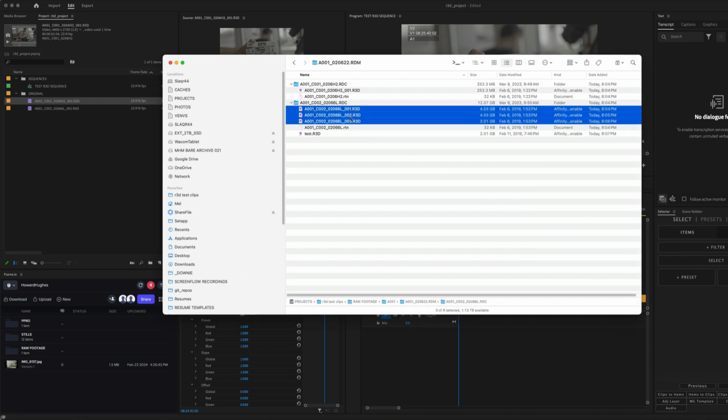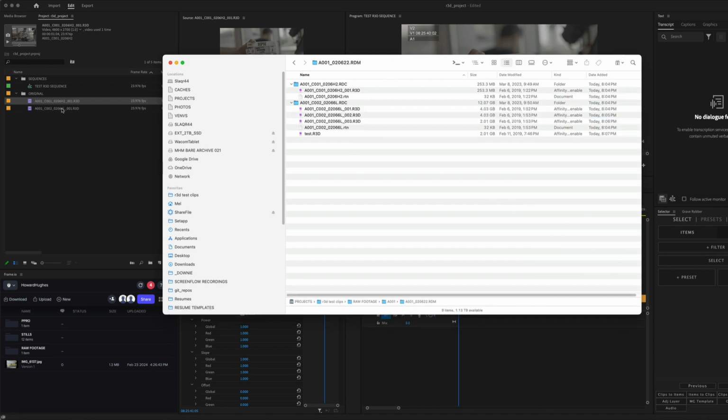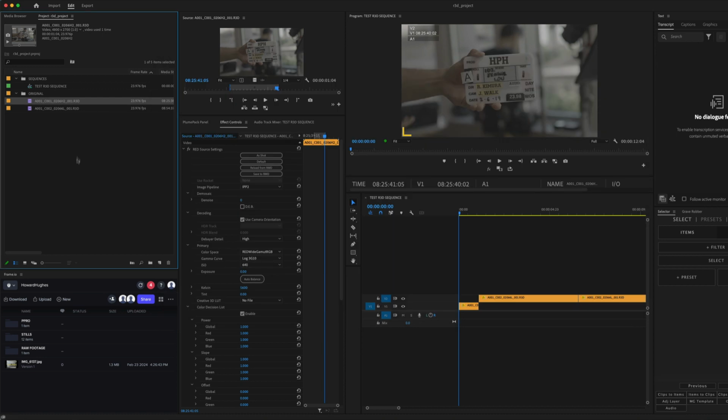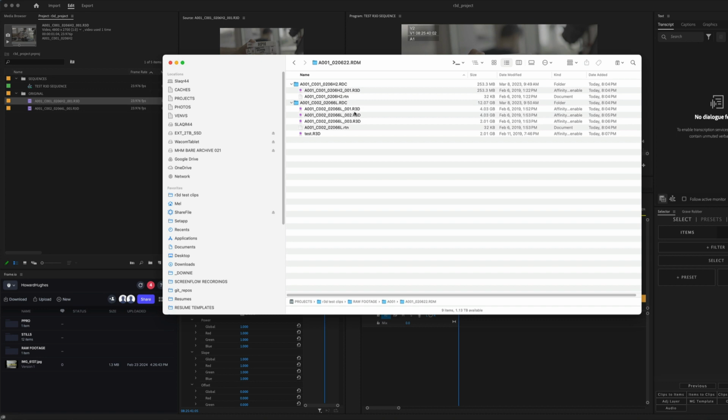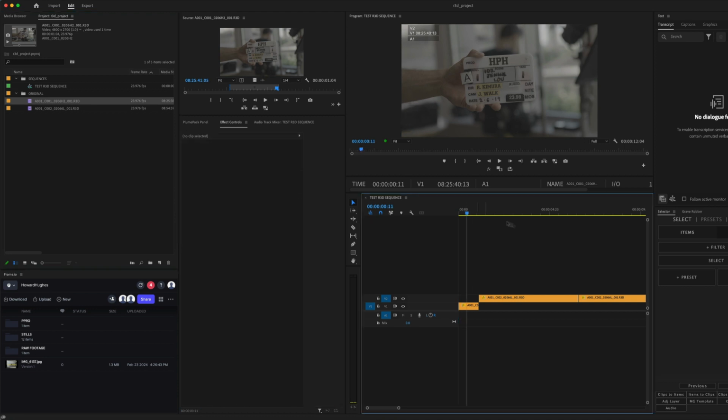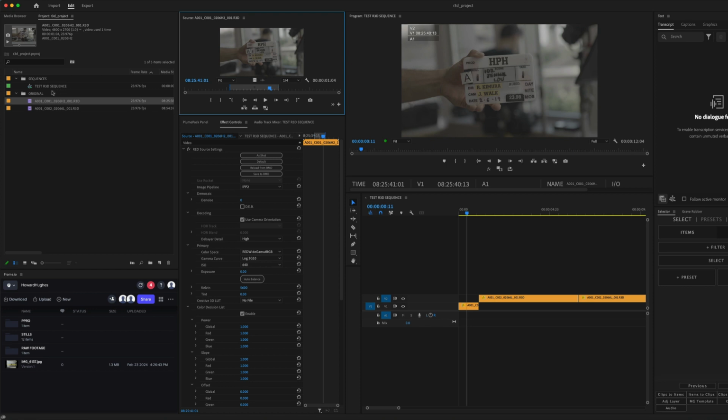So these ones here, even though it shows up as one clip in the project, after bringing it into the media browser, on disk they're spanned over 3 clips because they're 4 gigs each. So I made a little test edit of these 2 clips. This first clip is just a little piece of the slate clip. And then